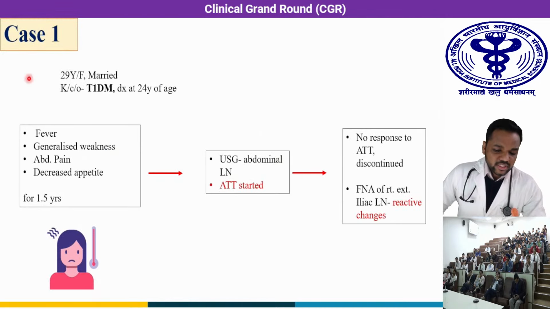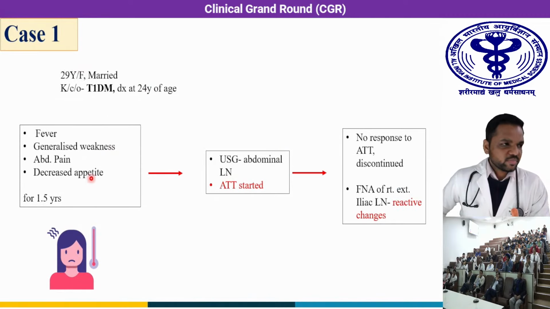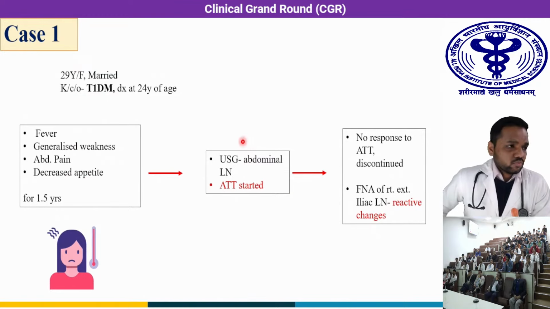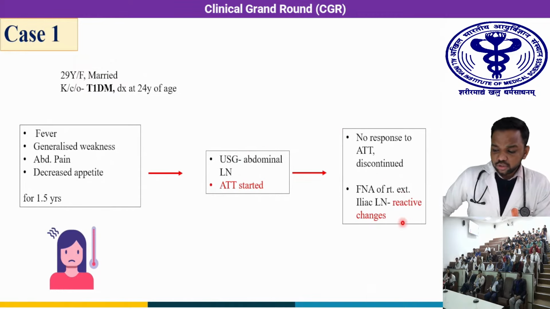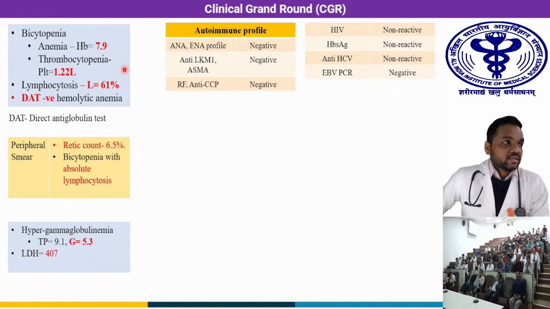Coming to case 1, she is a 29-year-old female with type 1 diabetes mellitus. Initially, she presented with fever and generalized weakness. She was diagnosed with tuberculosis on the basis of lymphadenopathy, but she didn't respond, and ATT was discontinued, and FNA also showed only reactive changes. She was then extensively evaluated at our department, which showed bicytopenia with lymphocytosis, with reticulocytosis,